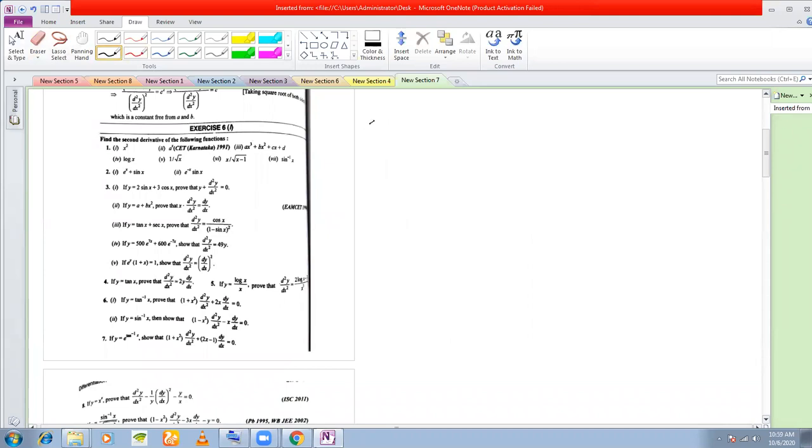Let us try out 16. Say let y is equal to x by root x minus 1. Okay, so dy dx in this case. Now if you want, you can simplify this further, or you can differentiate by u by v rule. Let us try it in a little different way. You can write y as x minus 1 plus 1, because in the denominator I can see there is a root x minus 1. That's why I wrote numerator as x minus 1 plus 1.